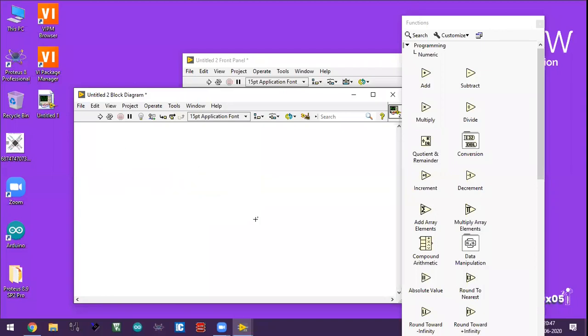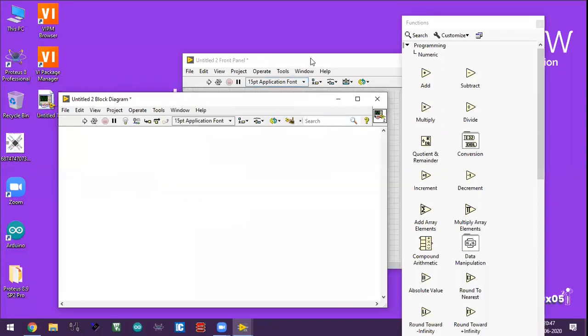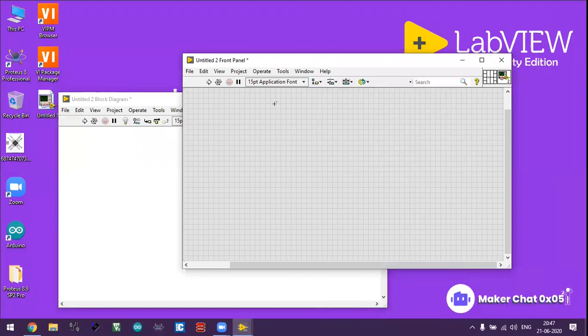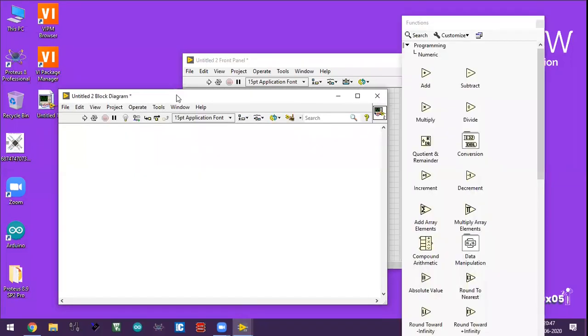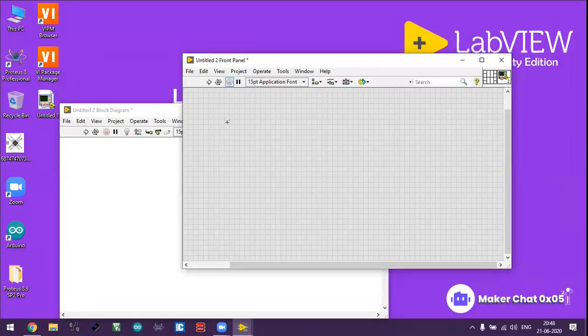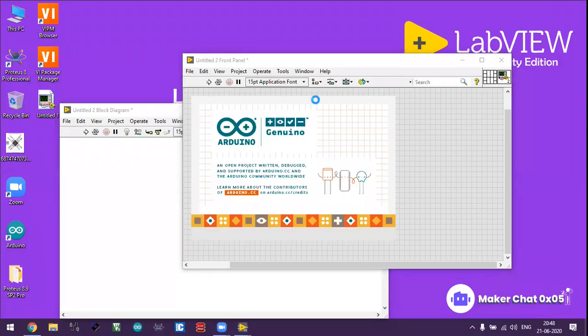Now LabVIEW supports so many functions. I have to attach my Arduino board with LabVIEW. This is the interesting part. I am concluding this session with a simple interfacing of an Arduino board with the LabVIEW software. This will be fun for you. It is a very interesting thing that everyone knows about Arduino. So I have one Arduino with me connected to a laptop.